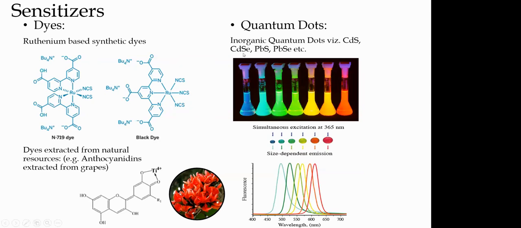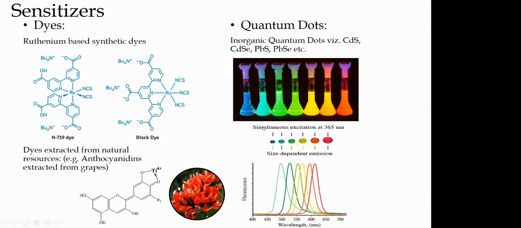So people came up with the alternative of quantum dots. There again, just like dyes, where you have different color dyes to cover the entire solar spectrum, the good part of these quantum dots is that you can vary their size to generate a complete window of colors. An n number of semiconducting quantum dots are available for this. So you can cover the entire solar spectrum by varying the size of these nanoparticles. The size of these quantum dots is in the range of a few nanometers, always less than 10 nanometers. So they can cover the entire solar spectrum.